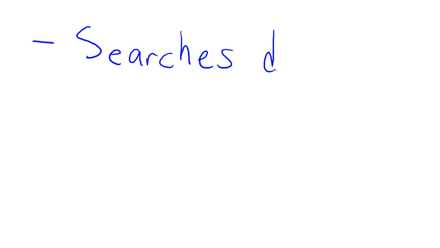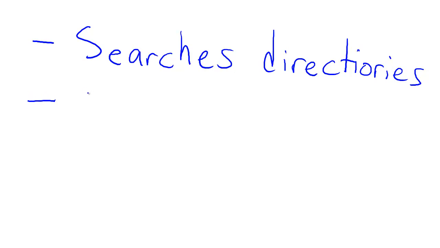The find command is basically a command that searches directories for a file based on the pattern that you give it. So we learned about grep in the previous lecture and how grep uses regular expressions. Find can also use regular expressions, though they may not be as complicated as the ones you would use in grep. So it searches directories, and it can not only search based on a name pattern, it can also search